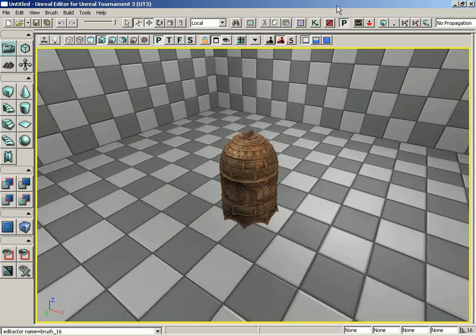In this video, we're going to talk briefly about the widgets, which are a great new feature in Unreal Engine 3 to allow you to transform objects. And by transform, we mean move, rotate, and scale. So when you select an object in your viewport, and currently I have this little static mesh here, you'll notice